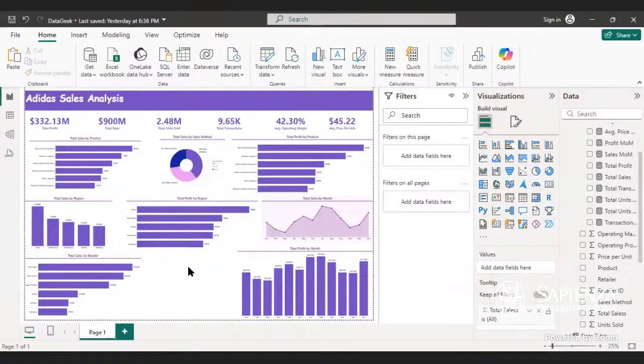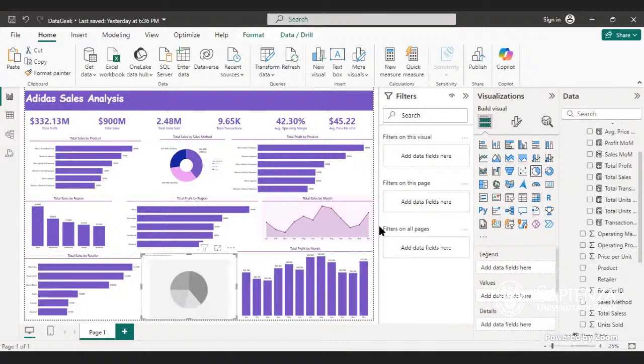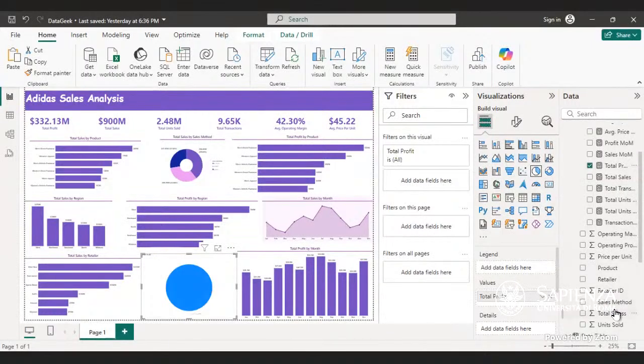Total sales by month. Let's see total profit by sales method. Total profits by sales method